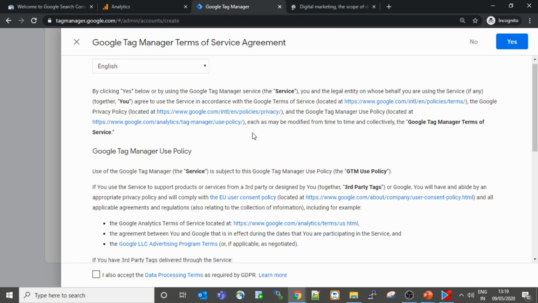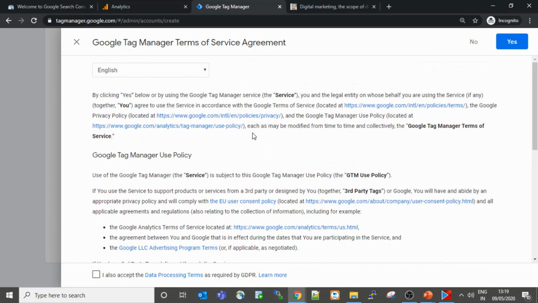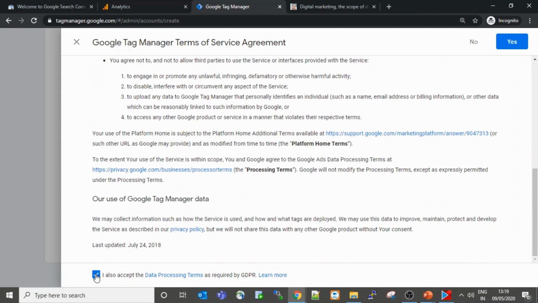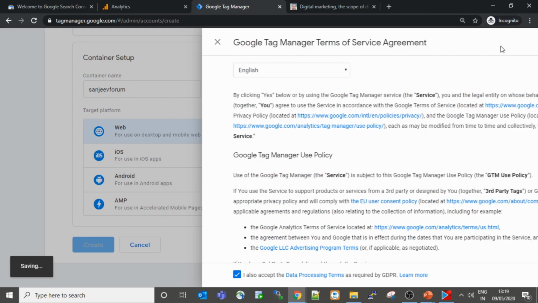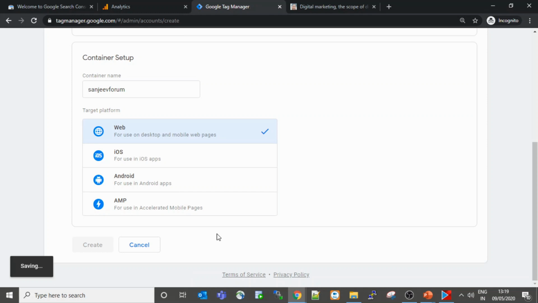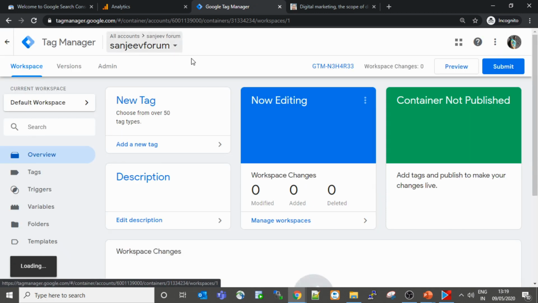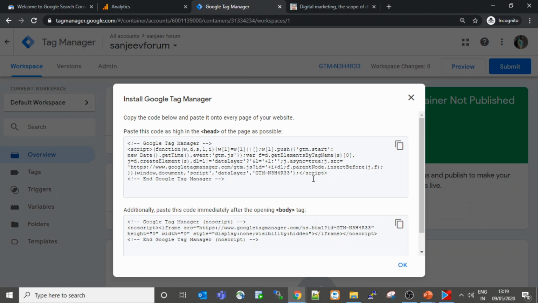Once it is done, you have to read all these things and also accept, then yes. Now it will save your data, and your account is created with the name of Sanjeev Forum. It will give you now the code.